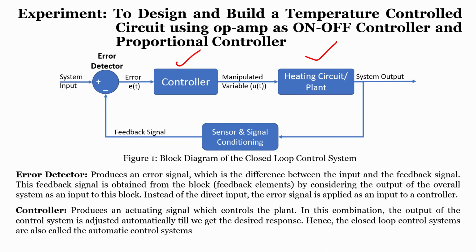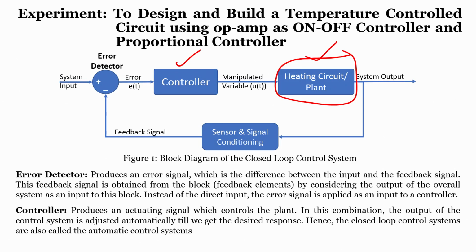Right. Before going back to the controller, we will discuss how exactly we are using a plant circuit. The plant circuit need not be the same circuit that we are using in this demonstration or in this experiment. It can be any other plant too. Since our intention was to show a demonstration, we have built our own plant circuit using a transistor, and we are generating a temperature on the transistor. How exactly the temperature is being generated on the transistor, that we will discuss.